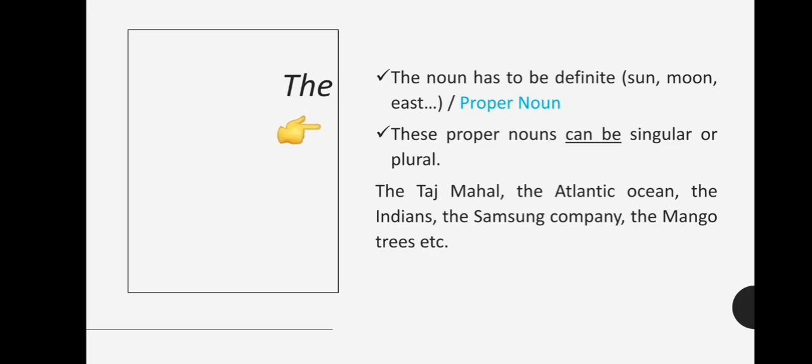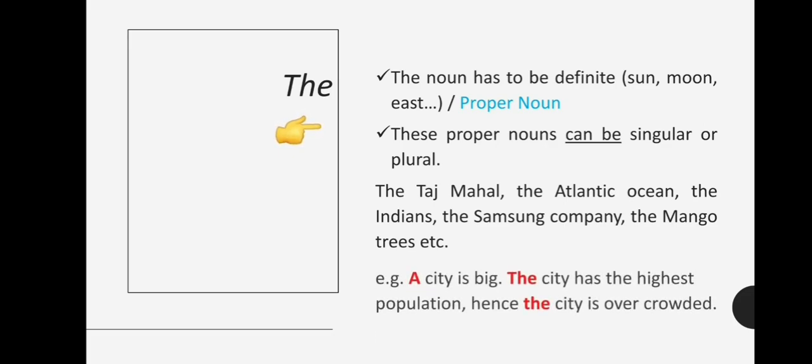The Samsung company. If I would have said a company, it could have been any company. But particularly I am talking about Samsung company. Hence, we are supposed to put "the" over here. The Samsung company. Now the next is the mango trees. "The" is also pronounced as "thee", so it's common. So the mango trees. Now if I would have said tree, it would have been a tree. But when I say trees, it has to be the trees. And precisely also in that, I am again using mango. And hence it becomes definite or the proper noun, that is, we are talking about the mango trees.